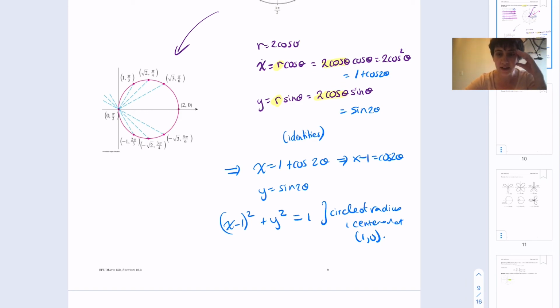Exactly as it looks, right? It looks like this is a circle that's centered at 1, 0. And we've just shown that based on our knowledge of how polar and Cartesian coordinates convert between each other. Okay. Let's